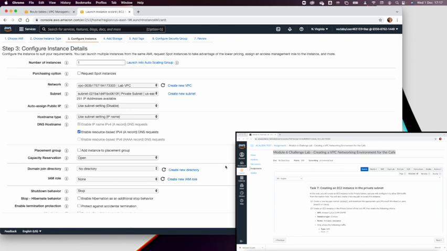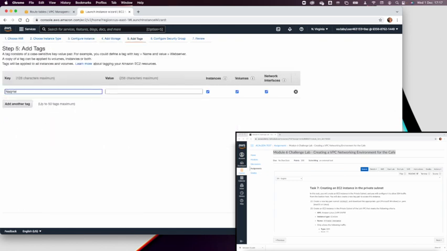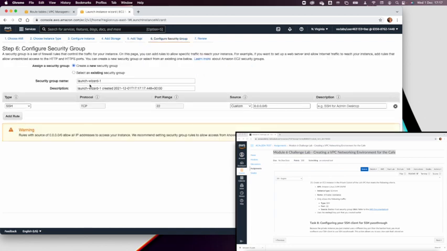Add storage, add tag, and we will call this instance name a private instance. Now, the security group: we are going to call this the private instance security group, allow access to private instance from the bastion host,